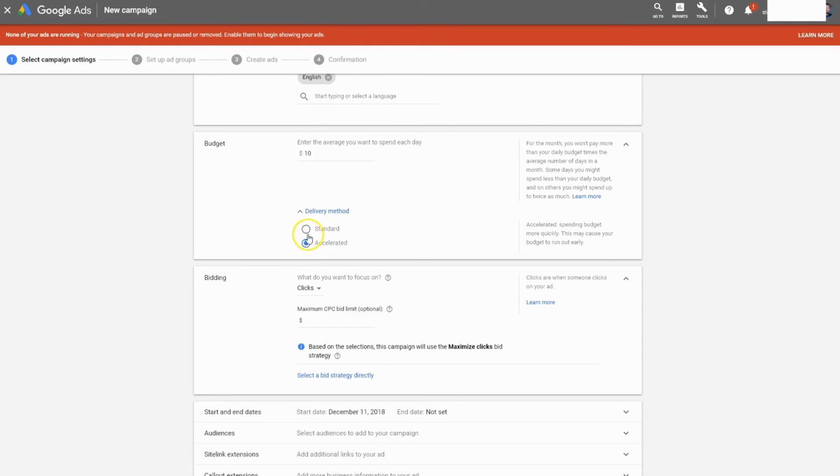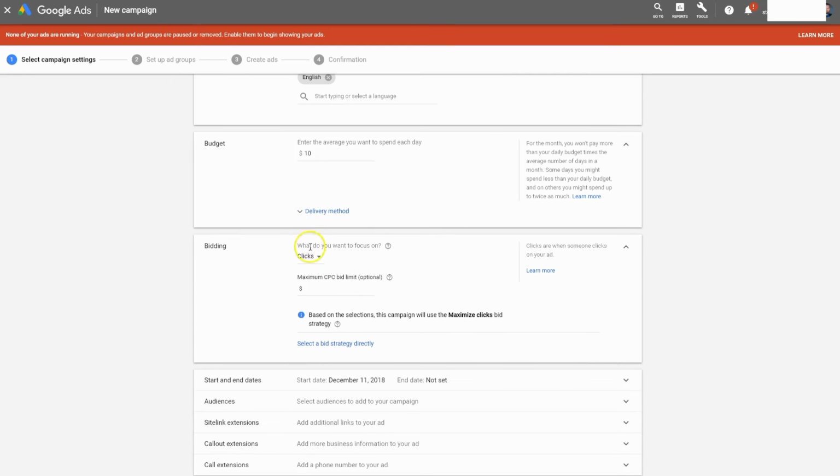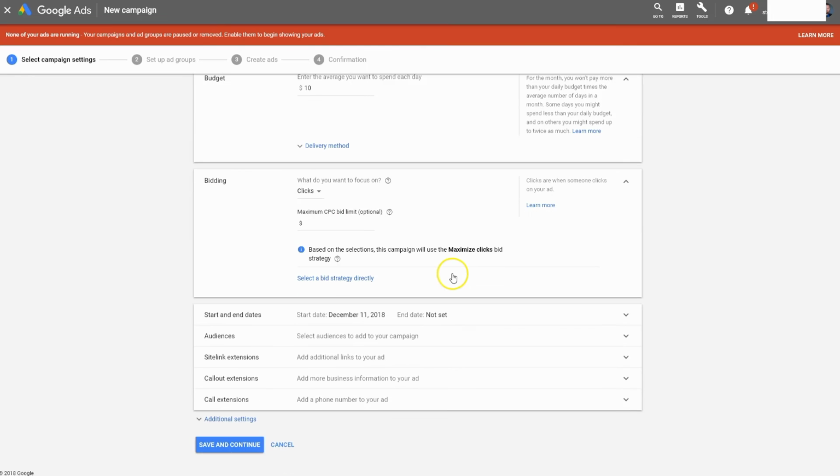But just be aware, of course, that this will obviously cause your budget to run out early. Next is bidding. Now, bidding in AdWords is of course based on the old ad auction framework where Google's algorithms are constantly deciding whose ads to show where and when and how often. You can choose what metric you want your bidding focused on right here. It's automatically set to clicks, which means it'll optimize for people actually clicking on your ads, but there's other options